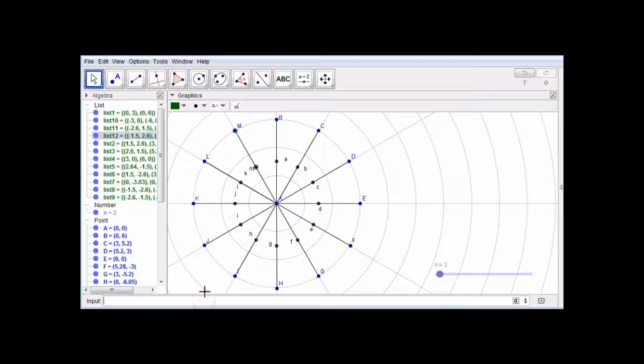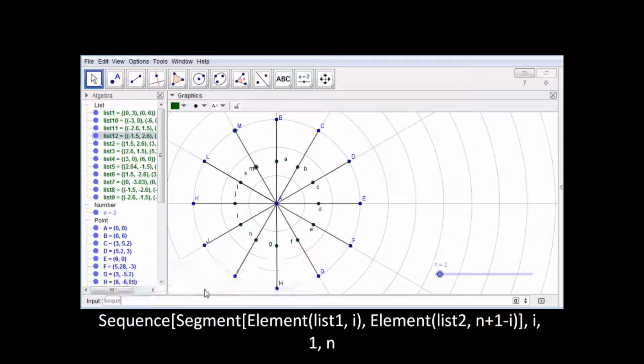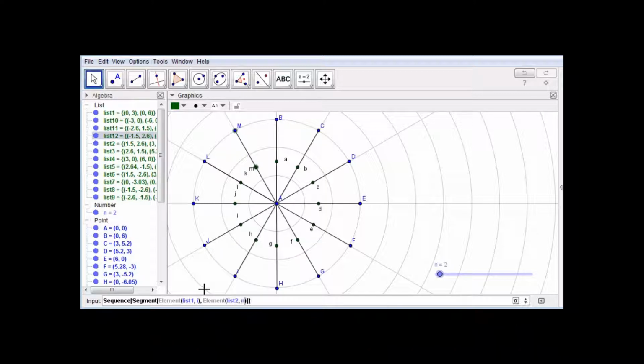So go to the input bar again and type sequence of segment of element of this one, comma I, and then comma the element of these two, comma N plus 1 minus I, and then comma I, comma 1, comma N,